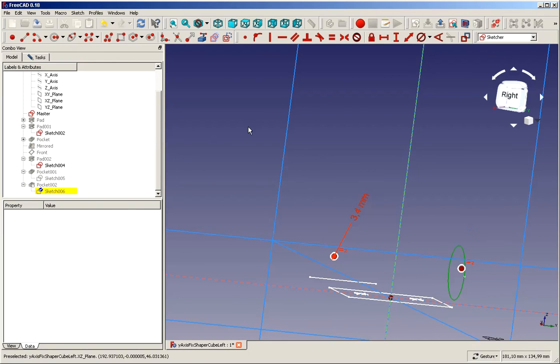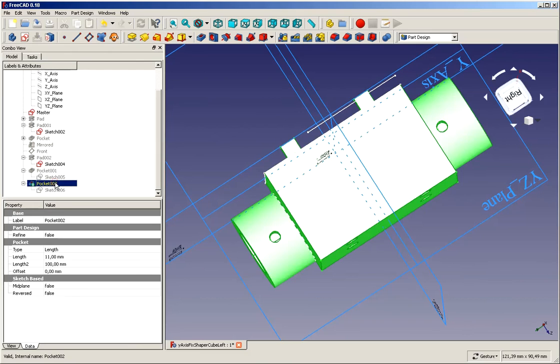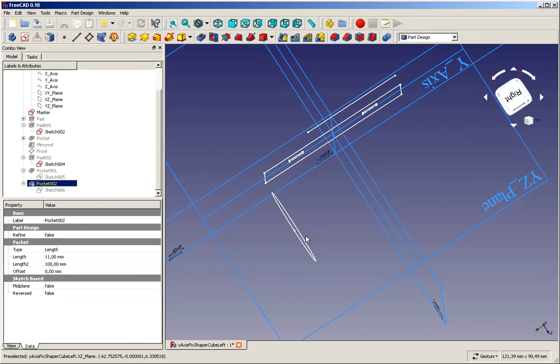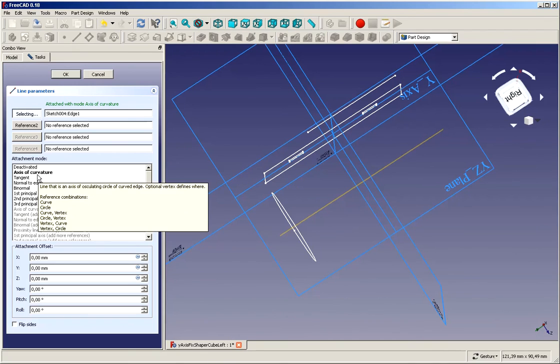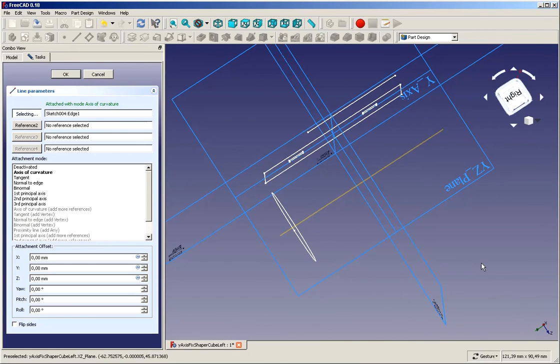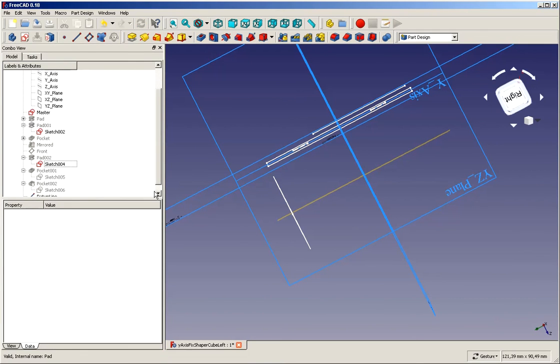What we now need is a so-called reference line. How do we create this one? We close our sketch, we hide our feature so we can still see the circle that we created in sketch 004, and now we select it and we create a reference, a datum line, and by default it's there where we want it. It goes right perpendicular to the center as the axis of curvature. That's all we need. We close this,